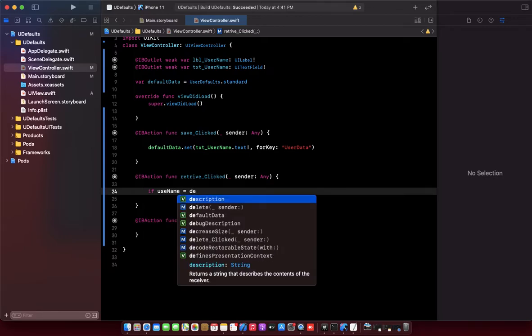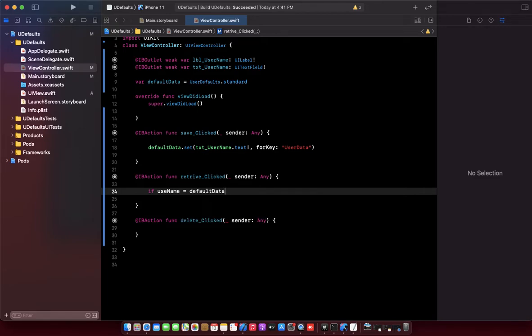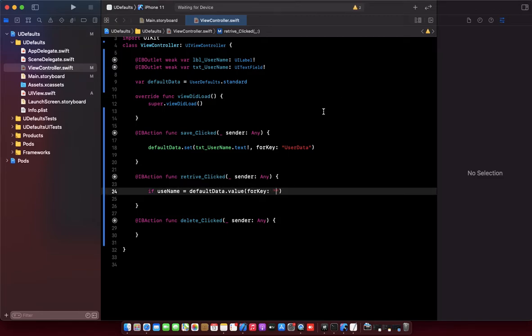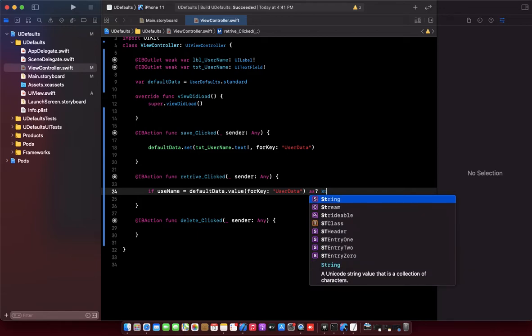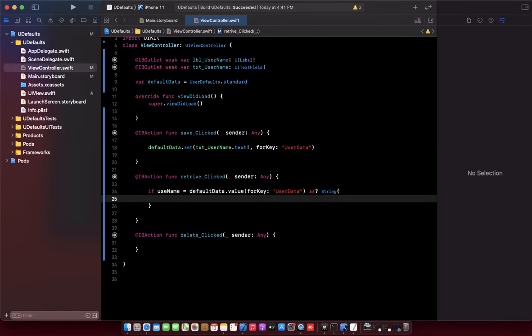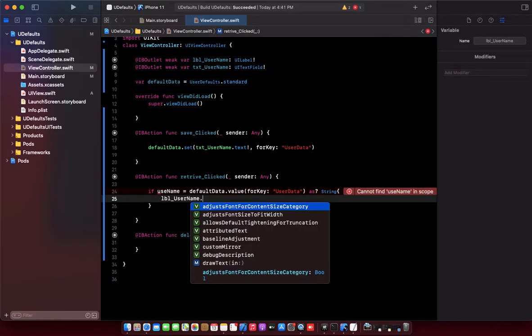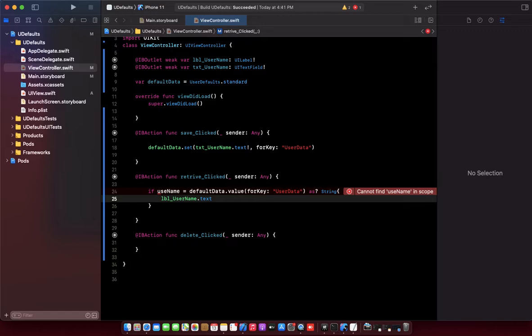We are going to fetch from the defaultData variable, and the method responsible for fetching is value for key. We paste this key, because this key is responsible for saving and retrieving everything, as a string, and set it on the label: lblUsername, and the text for this label is this username.